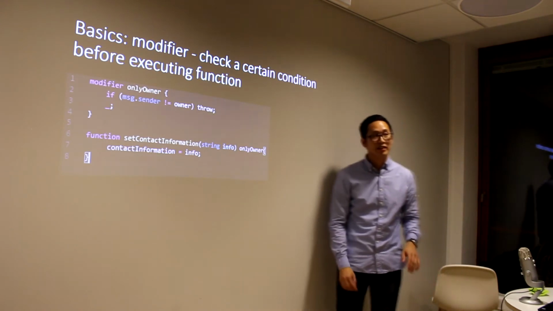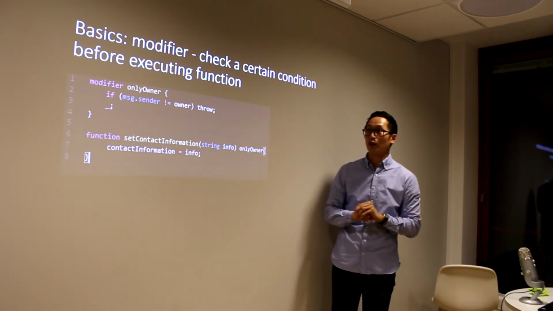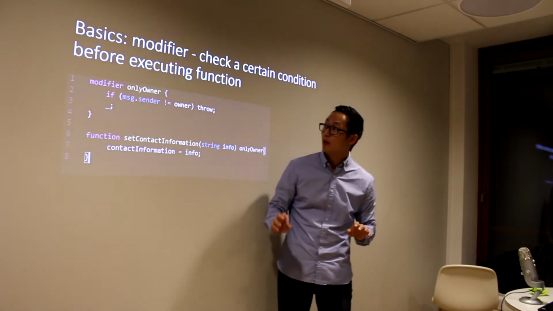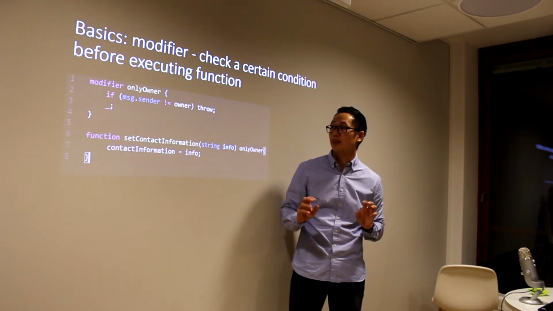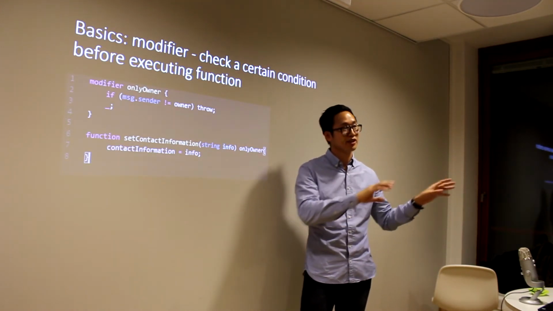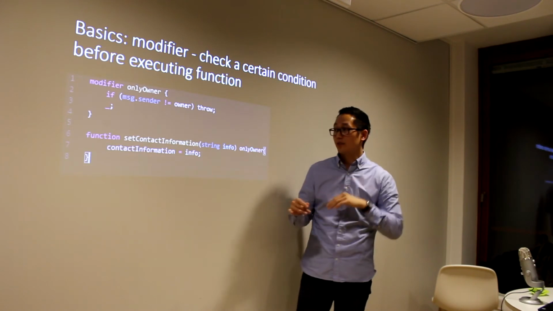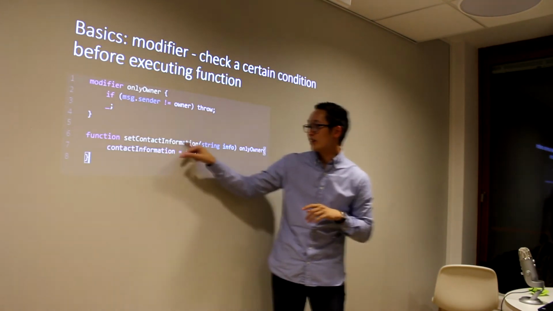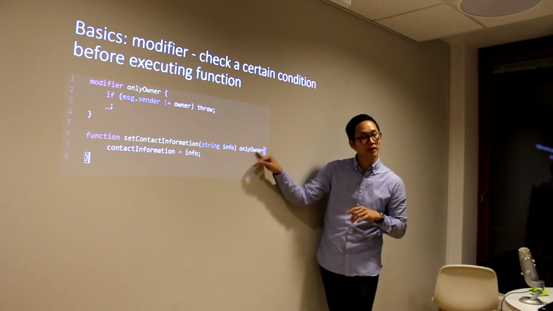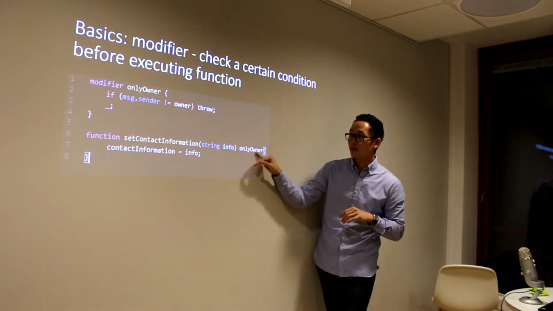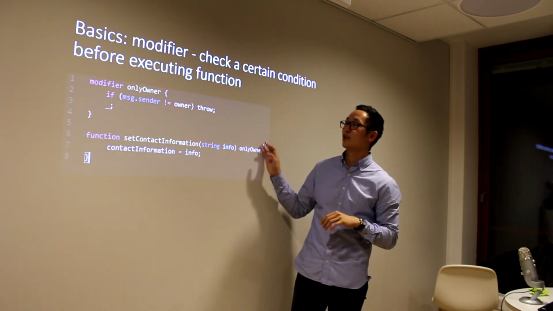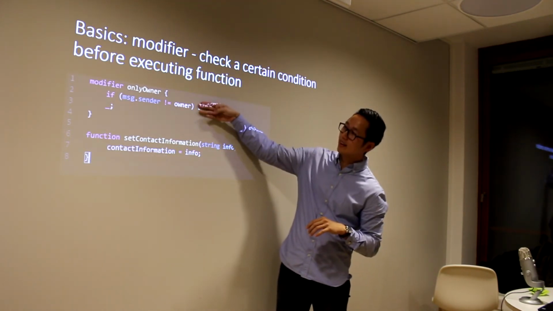And then in Solidity you can create your own modifiers. A modifier is a piece of code where you check a special condition. So if you call this set contact information, it uses the only owner modifier. That means before this code executes, it has to